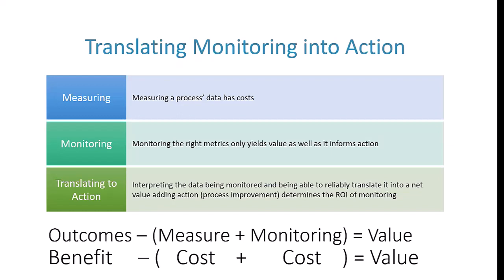So this is something you could ponder at length, but I wrote it down at the bottom to give you a sense of how you might want to think about whether there's value to your control limits exercises or your monitoring processes, which is, are the outcomes, which are project work, actually providing enough benefit to offset the cost of both measuring and monitoring over time? Because if so, then you've got positive value and you've set up your control limits efficiently and you've set up your monitoring program efficiently. But if not, you're almost better just ad hoc reacting to the problems that are formed,